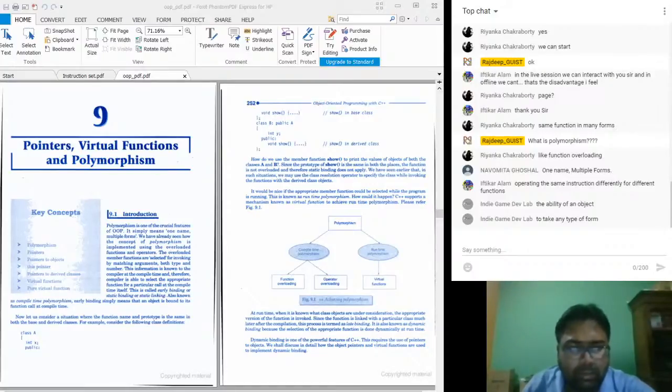Now just see the example given here. Class A has int x, then public, then a void show function. Again class B public A. What does this statement mean? Class B public A, what does this particular statement mean?